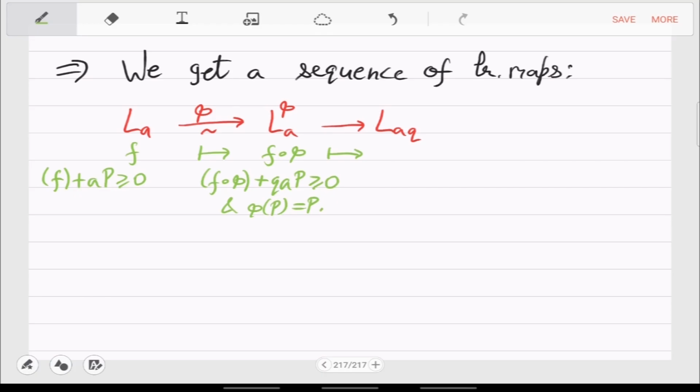Okay, which means that this is actually a function in LAQ, correct? Because of the middle property, you immediately get G1 is in LAQ. So that's the sequence. We'll do this actually many times using different maps. So next what we will do is